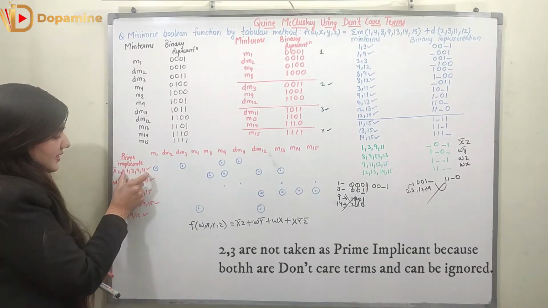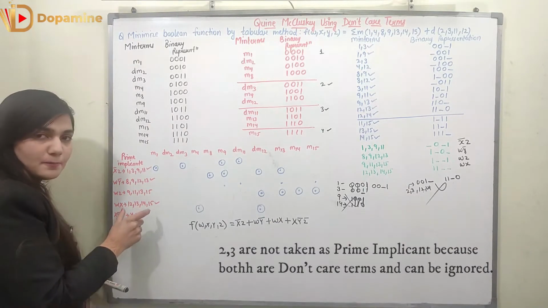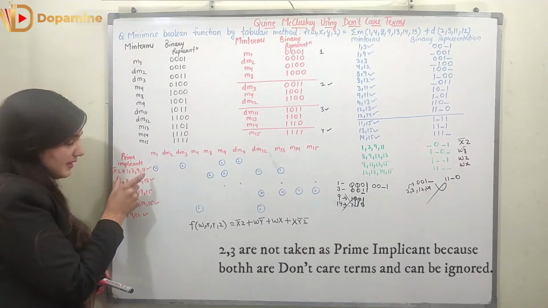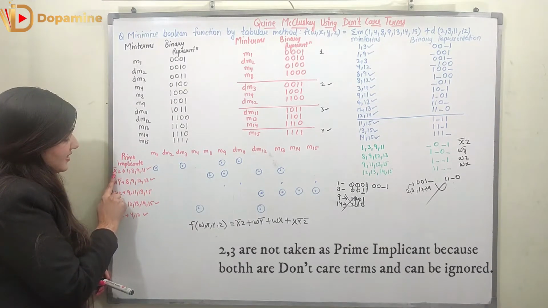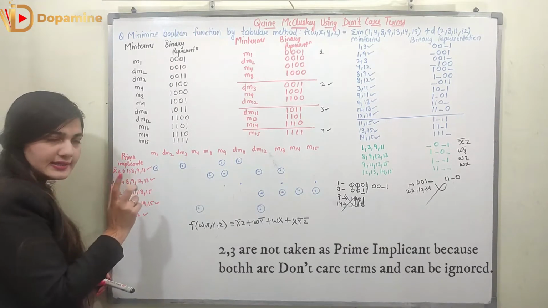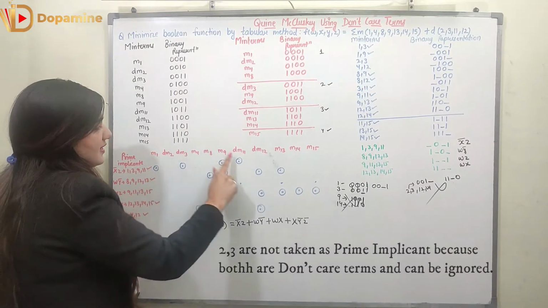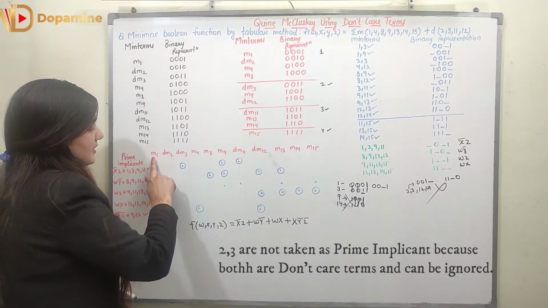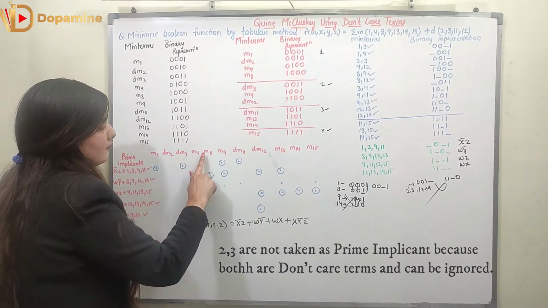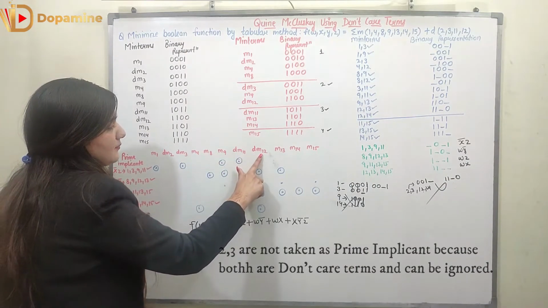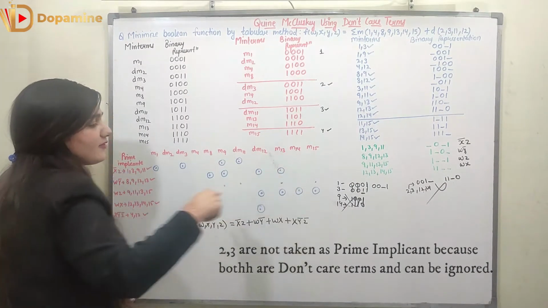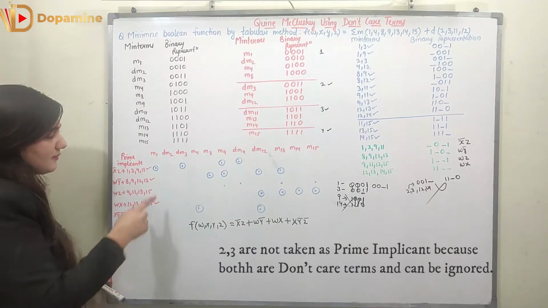So we are representing what are the prime implicants which are composing the different minterms, like x dash z is composed of 1, 3, 9 and 11. So here we are representing all of the columns as all of the minterms m1, dm2, dm3, m4, m8, m9, dm11, dm12, m13, m14 and m15. These are the various columns, right?